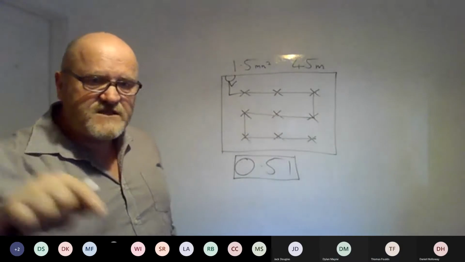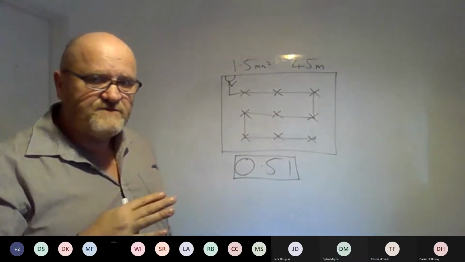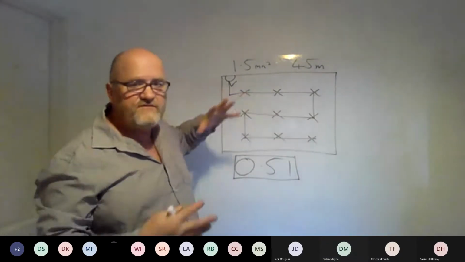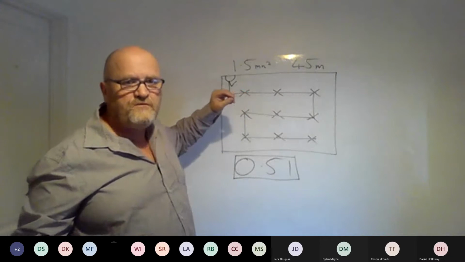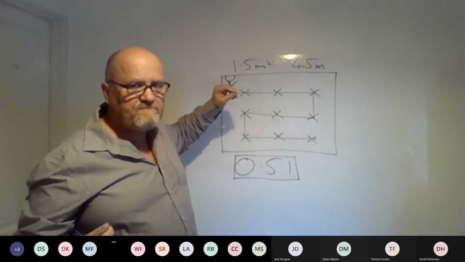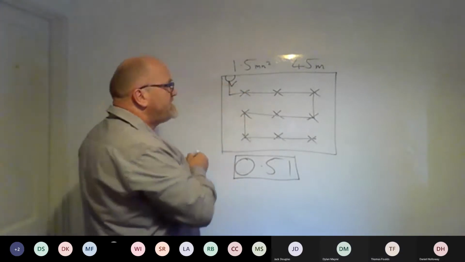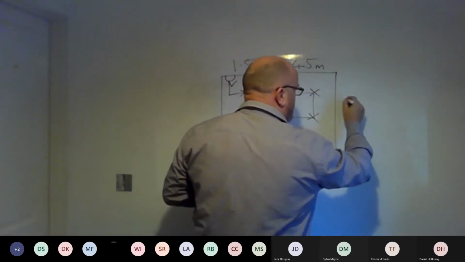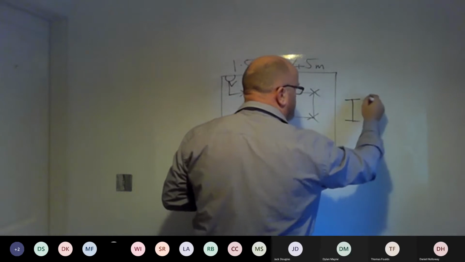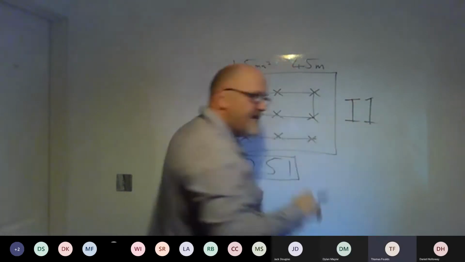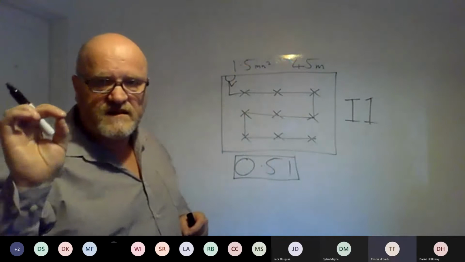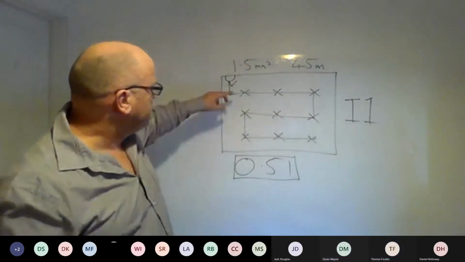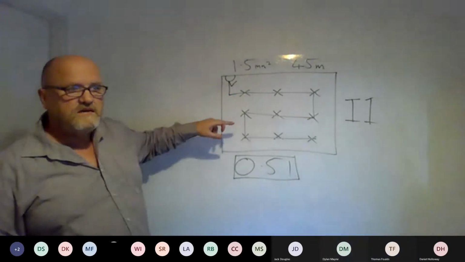Now, again, this is slightly different to what the book tells you. This is a practical application. We have to know what the resistance is per meter for every different size of cable. We don't have to remember them all. Have you all got on-site guides yet? If you go to table I1, in index I, it gives you the resistance per meter, in milliohms per meter, for every different size of cable. We use that when we design circuits. I'll send you some homework where you can use it.